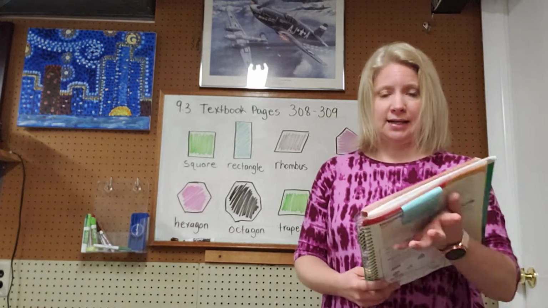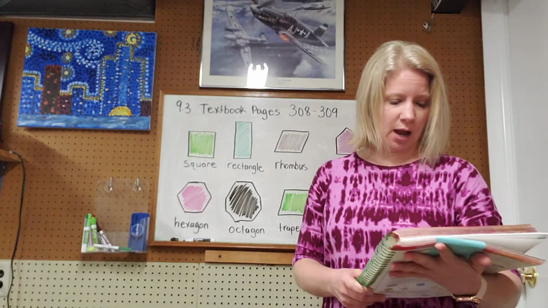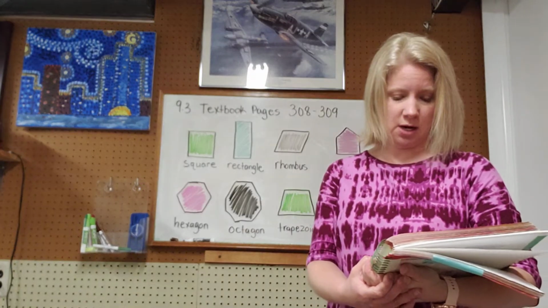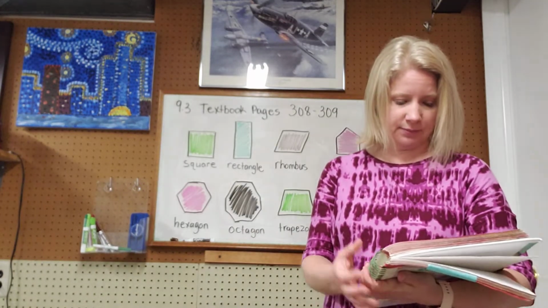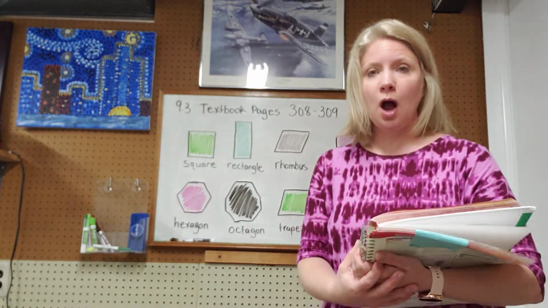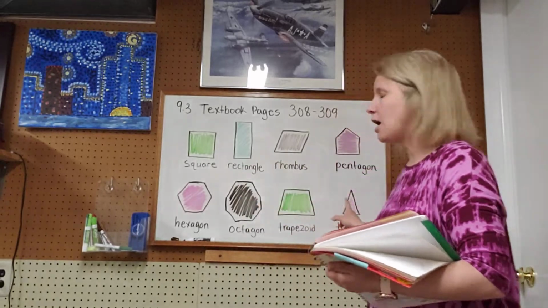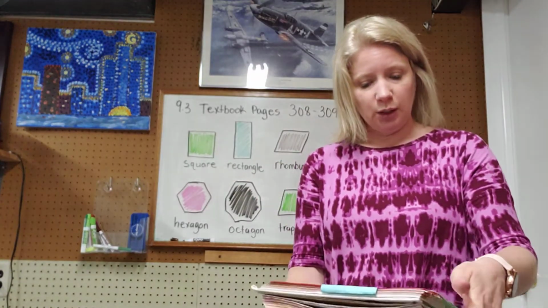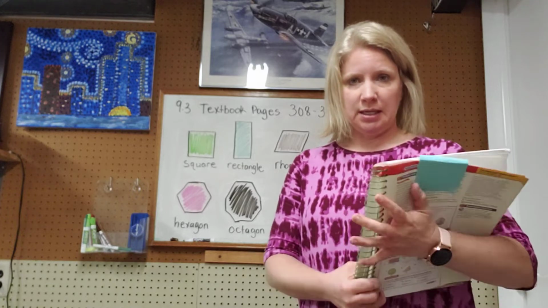A polygon, that's your first definition in here. A polygon is any closed figure, flat figure, with straight sides. Polygons also have special names. So all of these shapes are examples of polygons. What it means by closed is,